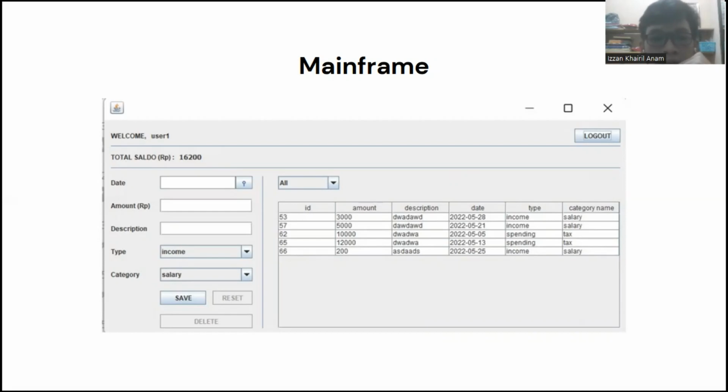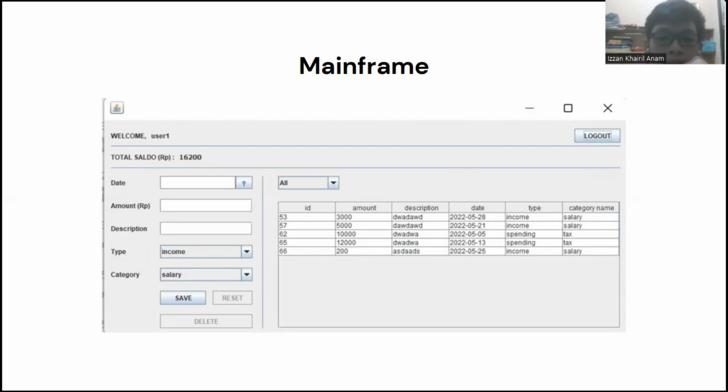In the amount field, you can only insert numbers, and the length is at most 9. Next is the description field, where you can only insert characters, at most 15.